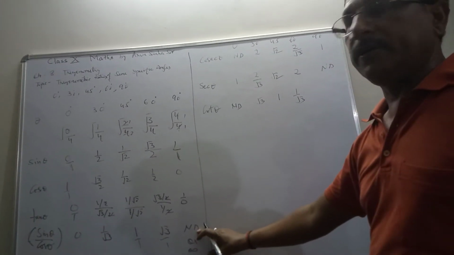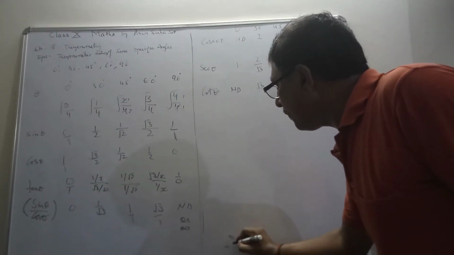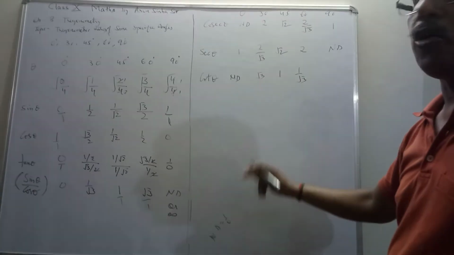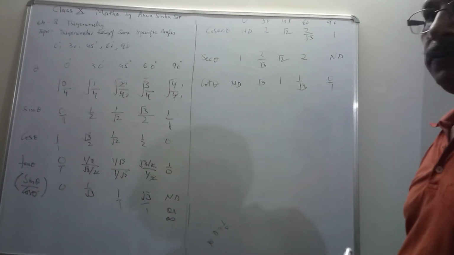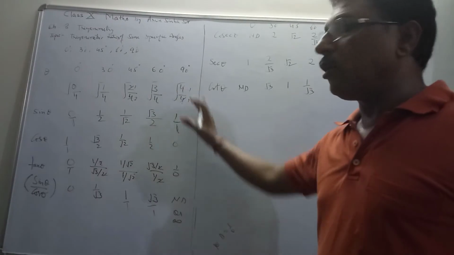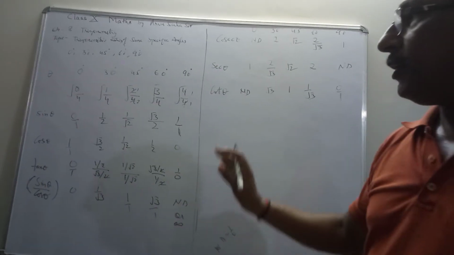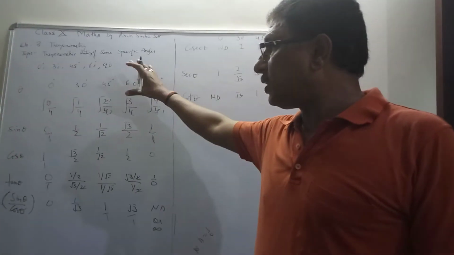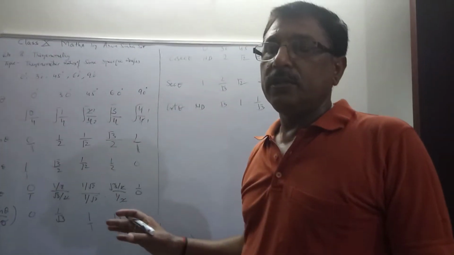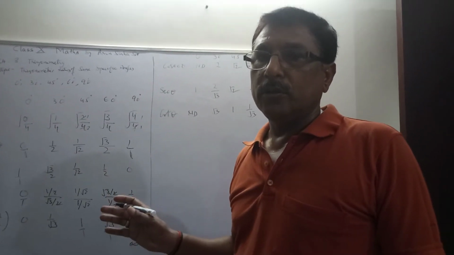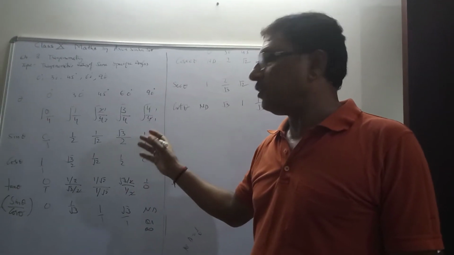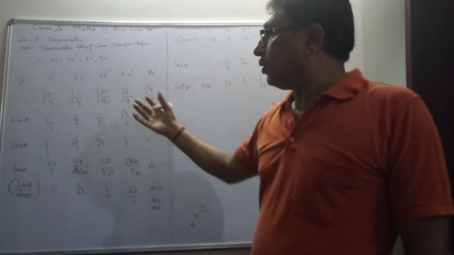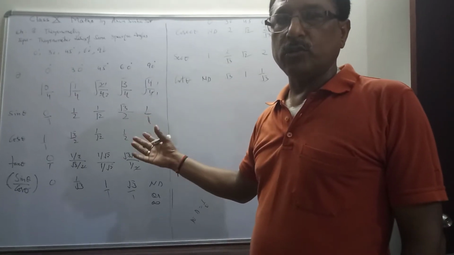And not defined. Not defined means what? Not defined means 1 upon 0. If you just take its reciprocal, you will get 0 upon 1, that is 0. Okay. So in this way you can see all the 6 ratios you have found out. Here you need not just remember them. Okay, so you just understand and you can write them anywhere, whenever required. In the examination, without any revising or murmuring, you can just write it yourself. Okay, children.